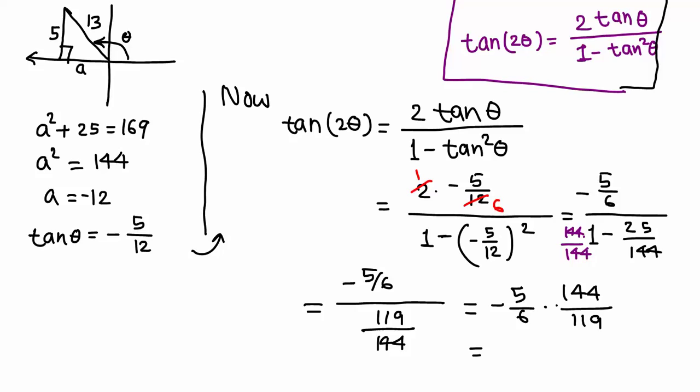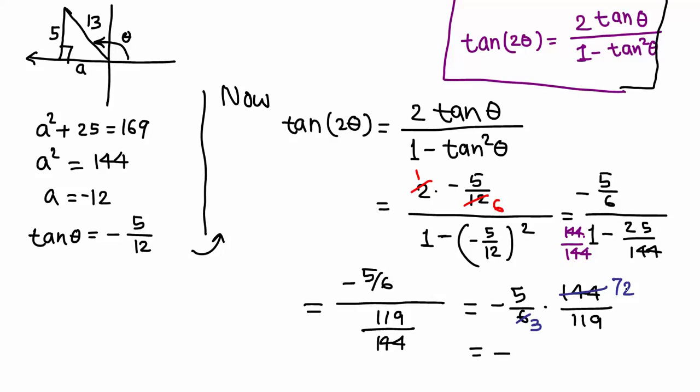So in this case 6 on the bottom, 144 looks like 2 divides 6 3 times, 2 divides 72 times. Okay, are there any common factors? 119, that's not divisible by 2, not divisible by 3, not divisible by 4 or 5, so looks like this is it. So negative 5 times 12 on the top, so the final answer is now negative